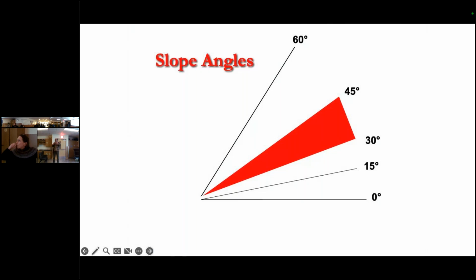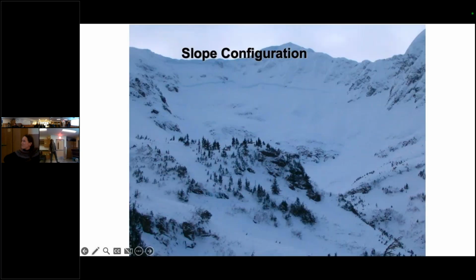Try to be able to judge it yourself without a tool. Like how steep is that thing? One trick that I learned years ago, doesn't work for me anymore, but our vision works with two eyes, so we can triangulate distance because of that. If you turn your head sideways and look at a slope, you can see the steepness of the slope. You should all practice that, check that out. It takes some practice to figure it out.